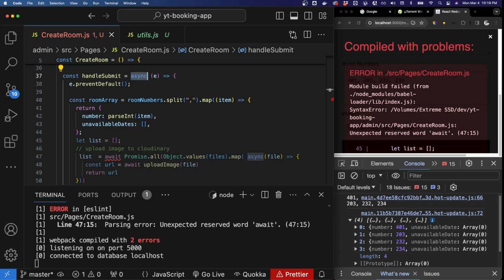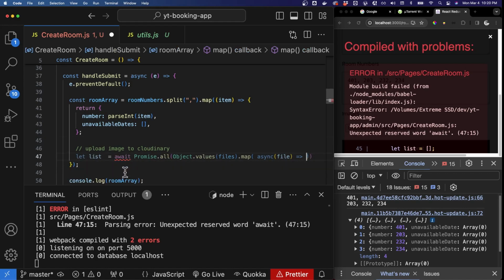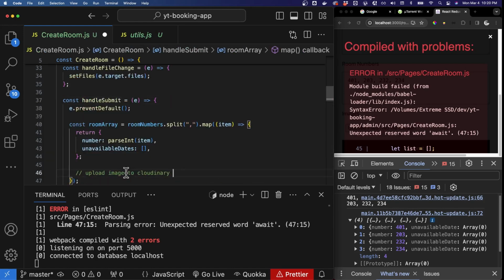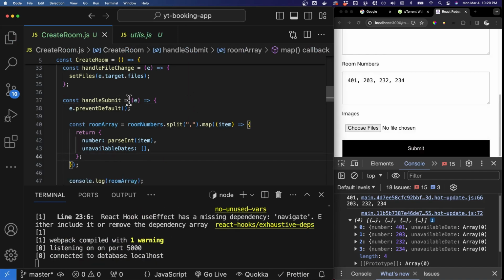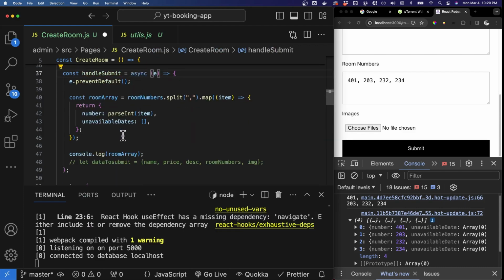Oh, you're writing it in the wrong function, isn't it? Sorry. No wonder. It's on a sync function here, and then